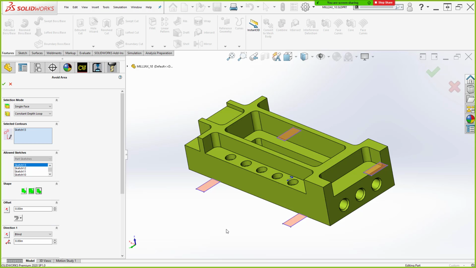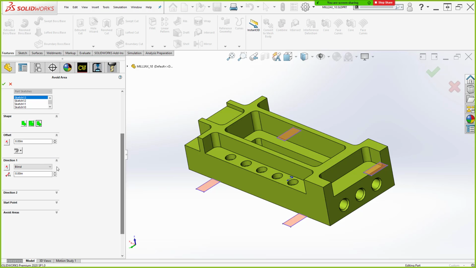But once again, we have to set a height. So over here in the property manager, if we continue scrolling down, a couple other options that are included: adding offset to these guys, right? So increasing their XY profile. You can offset, right, with rounded or sharp corners. We also have direction. We have some of the common end conditions we're used to. Typically with this, you'd probably be entering a blind amount, because these clamps just have their own blind arbitrary height. You can go direction 2, identify start points for programming, and then some avoid area options as well, which we'll